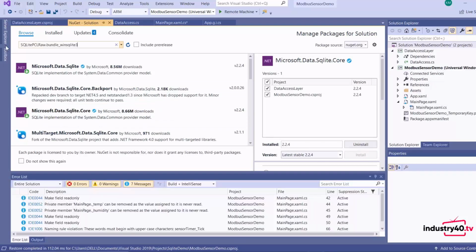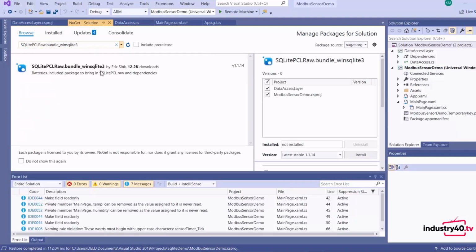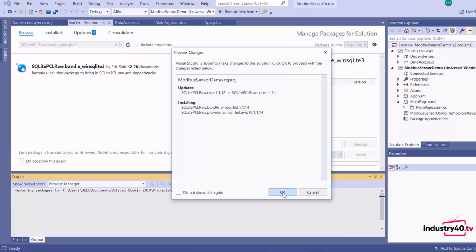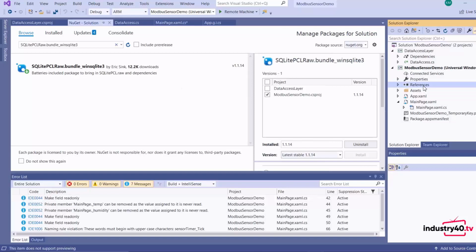Then we install another package that will let us use the Windows version of SQLite. This one, we install only for our main project. Okay, we finished installing all the required packages. The next step is to reference the data access layer on our main project so that we can gain access to it.